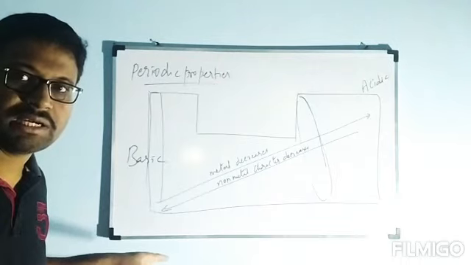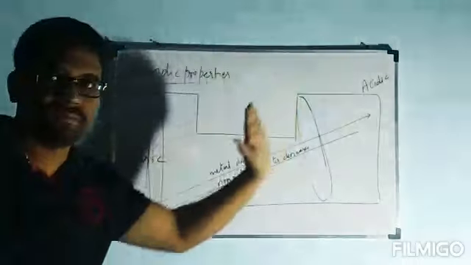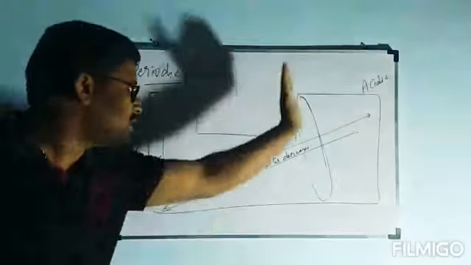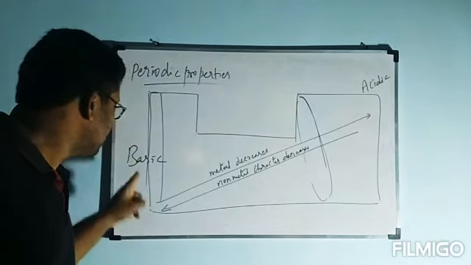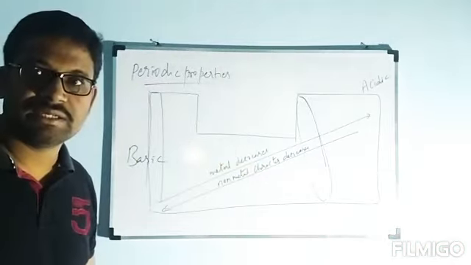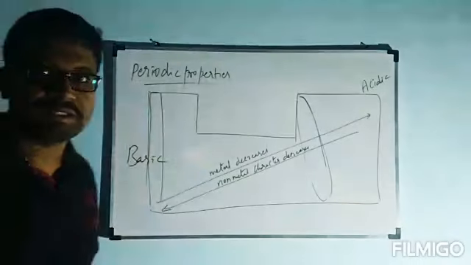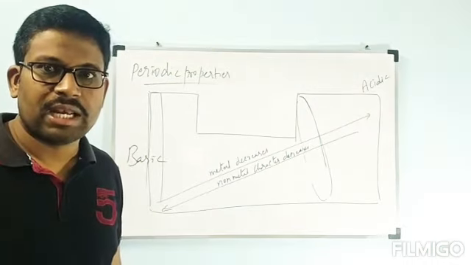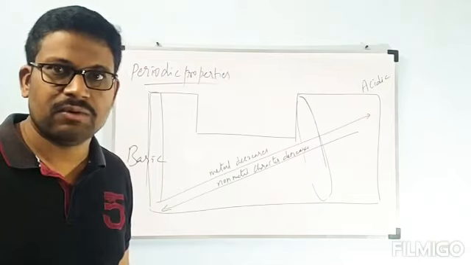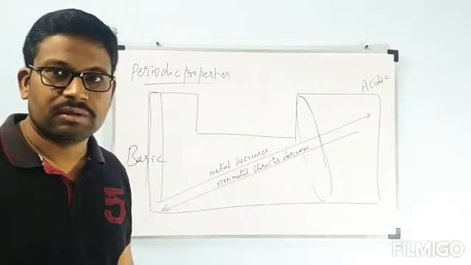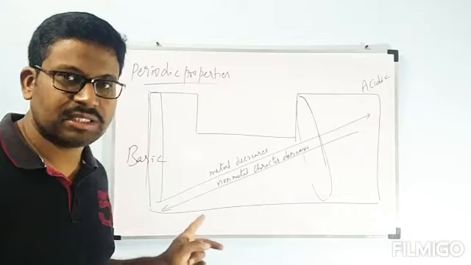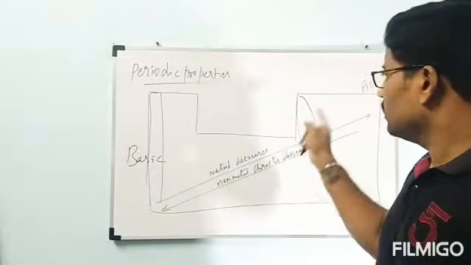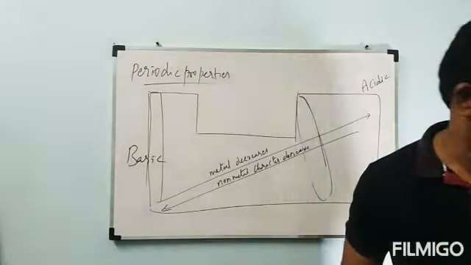Then what about the basic nature and acidic nature? From left to right, basic nature decreases and acidic nature increases, like this in diagonal shape only. Metallic oxides are basic in nature, for example Na2O dissolved in water gives NaOH. These are metallic oxides which are basic in nature. Non-metallic oxides are acidic in nature. Then automatically we can understand what happened to basic nature and acidic nature.